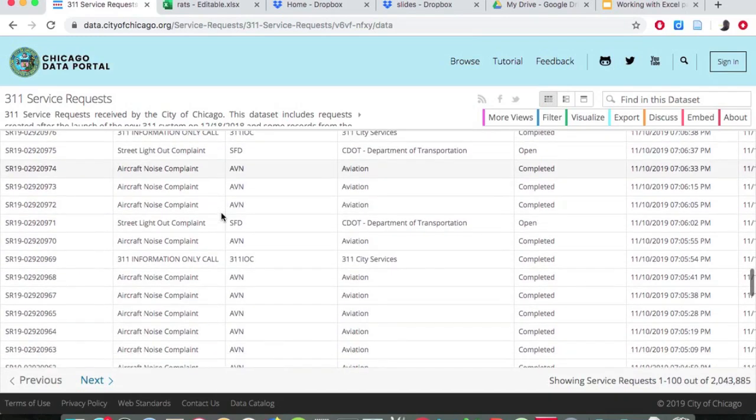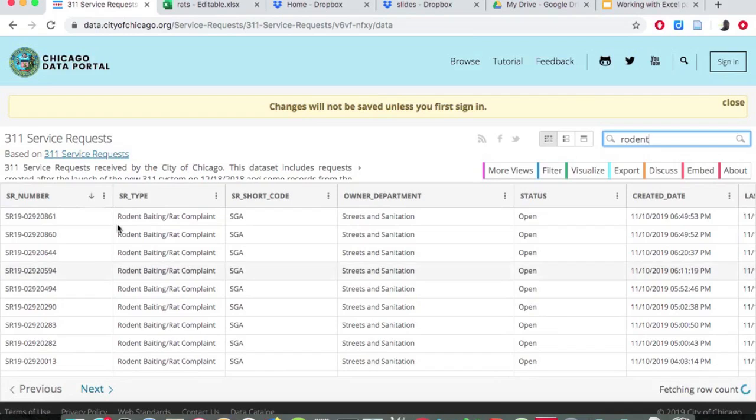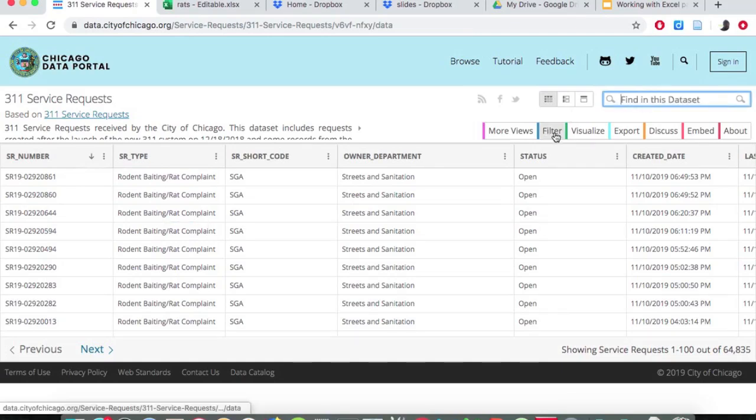Let me just search here. Rodent. It's not going to do it with the browser. Let me search in the search tool. What we want to do is find the exact label like this for the type of complaint that we want to investigate. So I'm going to copy this exactly, and then I will delete my search term